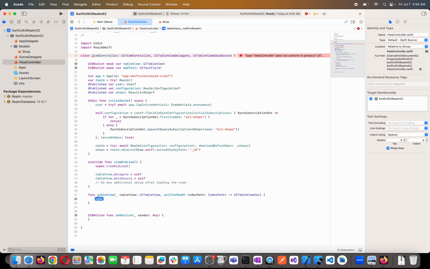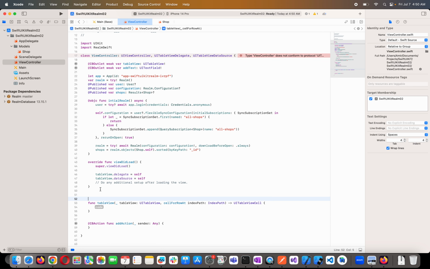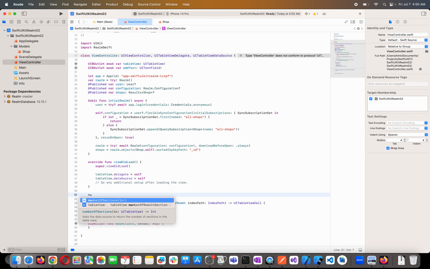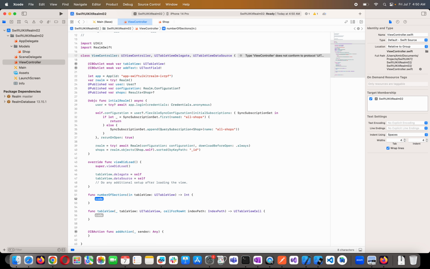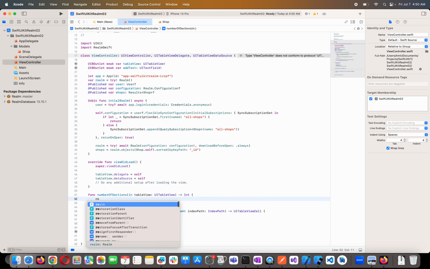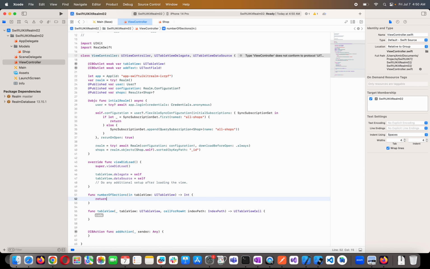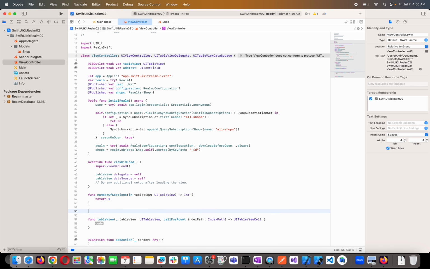So in table view, but before that I want to add the number of sections. So I just say number of sections will be 1, and also